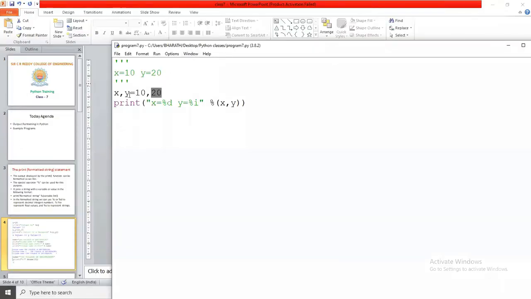Similarly, here I am taking a string now. For example, name equals CR Reddy College of Engineering. Now I print like this: my college name is, after that CR Reddy College of Engineering.